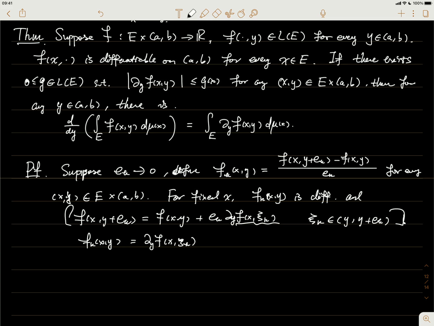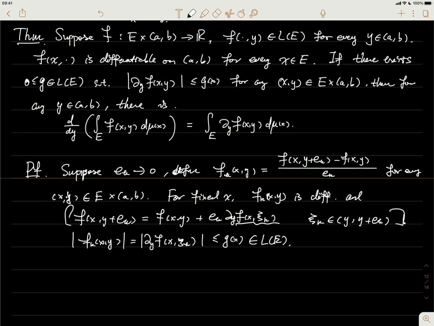Okay, and now we can take the absolute value of that. So I just directly take an absolute value. It will be just divided from the equality. It will be this, and because we showed that for any y, doesn't matter what y is, this one is bounded by g(x). So this means this is bounded by g(x). Okay, and since this is dominated by that, and we have the f_k, for every fixed x, we can have the f_k of x and y, and this means that when we take the